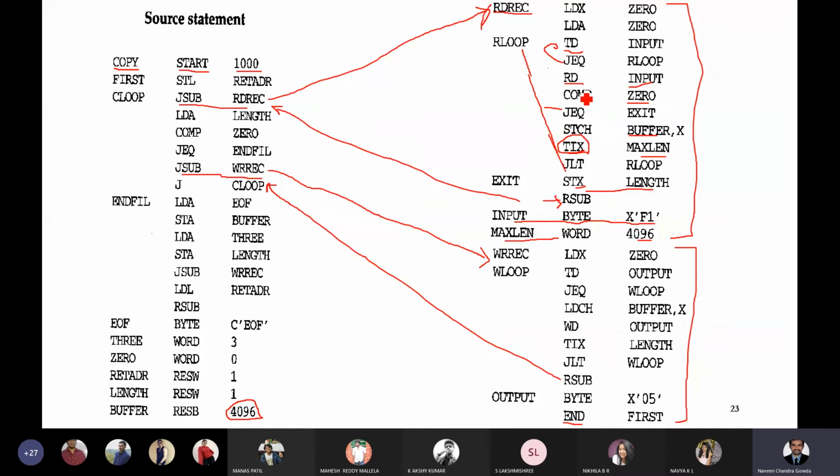Here, a very important thing you have to understand is that for every character you read and put into the buffer, you will be incrementing X. So finally, X is the one which will give you how many characters you read from the input device and put in the buffer. So X itself will give you the length of the input data. I repeat, X will give you the length of the input data. So my dear students, right now the variable length has the length of the input data which is available in the buffer.